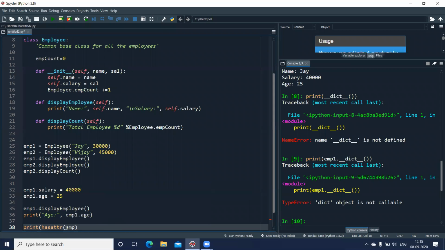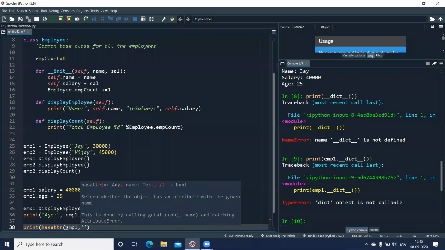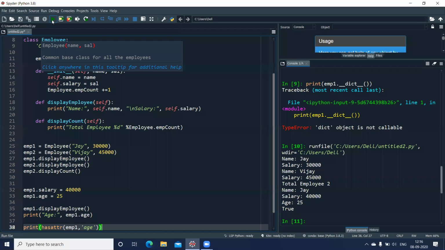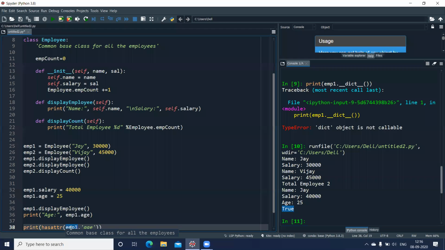I'll use emp1, put a comma and check age, with a small a, and complete the round bracket. Let us execute this whole thing. Here you can see it gives me true. That means the variable age is an attribute of this object emp1.